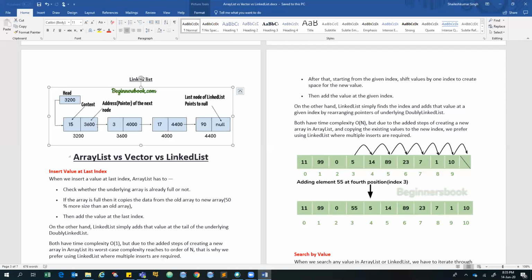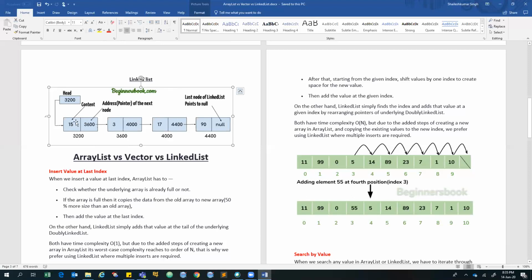Address of the next node means from this node, I have to know which node to go to. So how will I come to know which node I have to go to? This next block stores the address of the next block. So because of this information, I'll link to this node. This is just a simple scenario. I'll explain this linked list to you. Right now, this is a singly linked list.